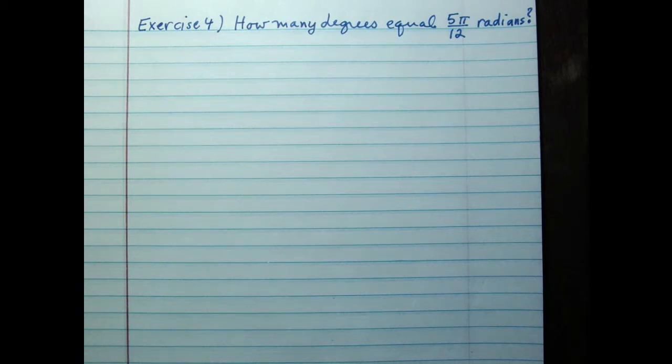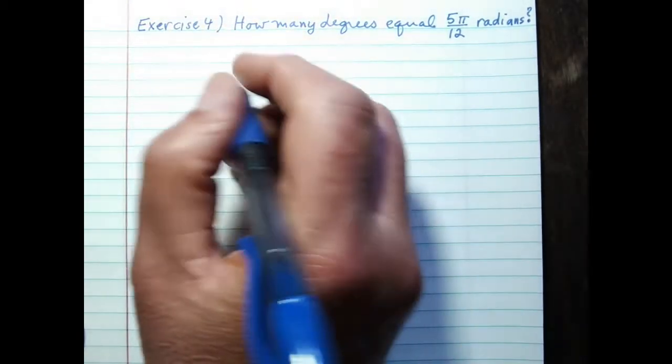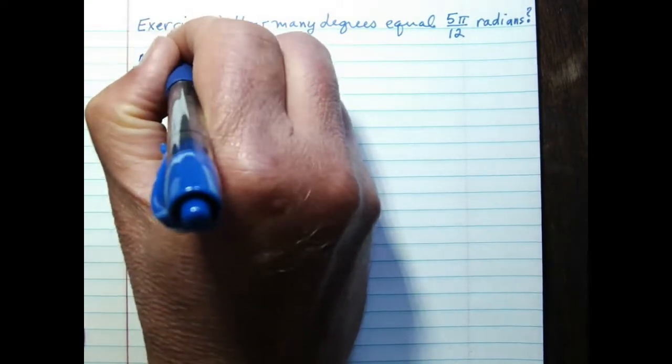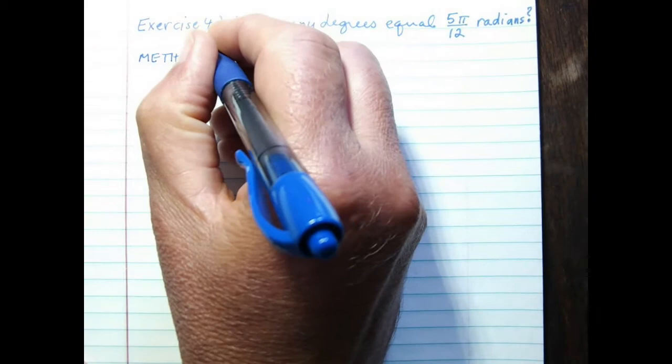So now we're going to look at a problem where we go in the reverse direction. We want to find out how many degrees equal 5 pi over 12 radians. We're given a radian measure. We want to convert that to degrees. And I'm going to go through my two methods again here. So let's see, our method 1,